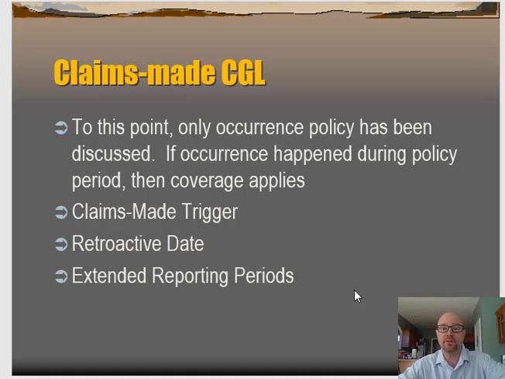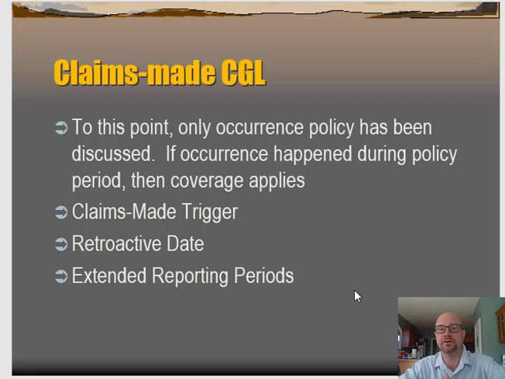Okay, up until now, we've really been talking about occurrence-based CGL, and that's the most common type that's out there. It is possible to write the exact same policy. It will be identical. The only thing that's going to be different is the trigger. Whether it's an occurrence, whether we're talking about this as a claim that has to have occurred during the policy period, or if it also has to require that the claim is made within the policy period. And so that's what we talk about with a claims made trigger. Where does the claim have to be made to be able to trigger coverage?